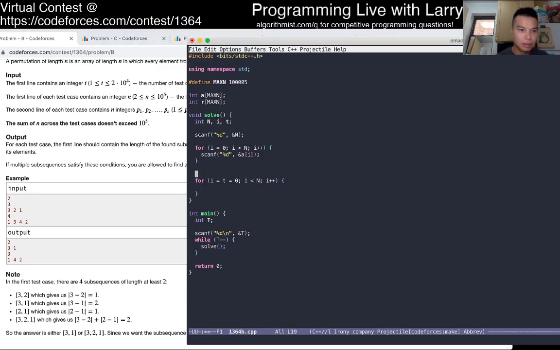If t is less than 1, then we just put it on. I guess we actually just do the first 2 elements instead of this weird statement. Okay.